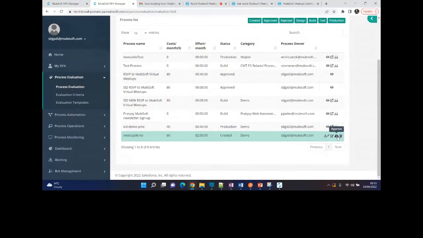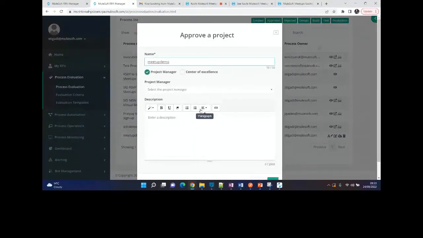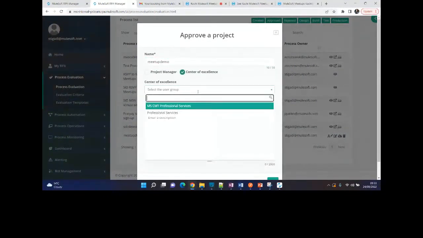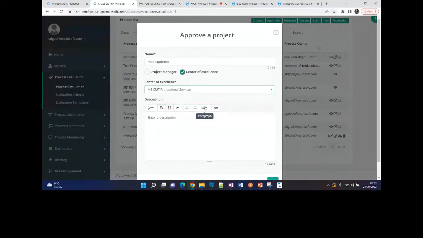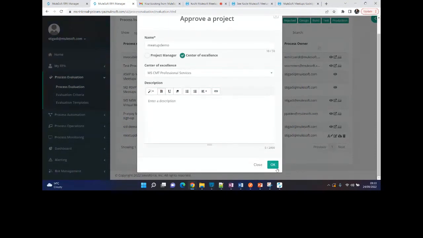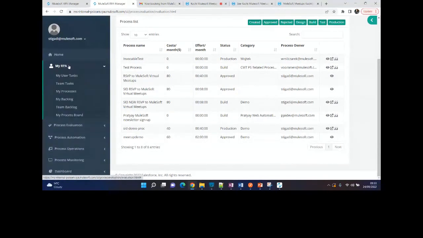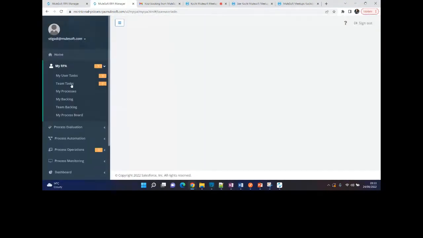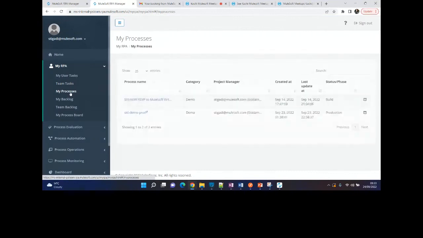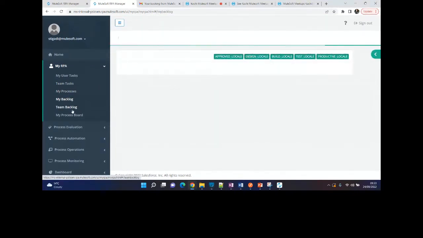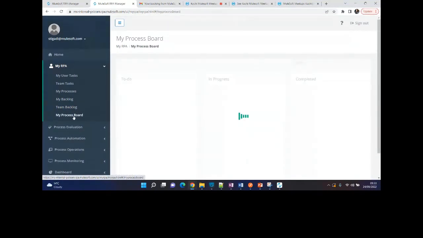That's the reason you can actually see it. But basically what happens is once you've approved this process, it will go into the design phase. Let's see if I can do it this way. I don't see it coming.